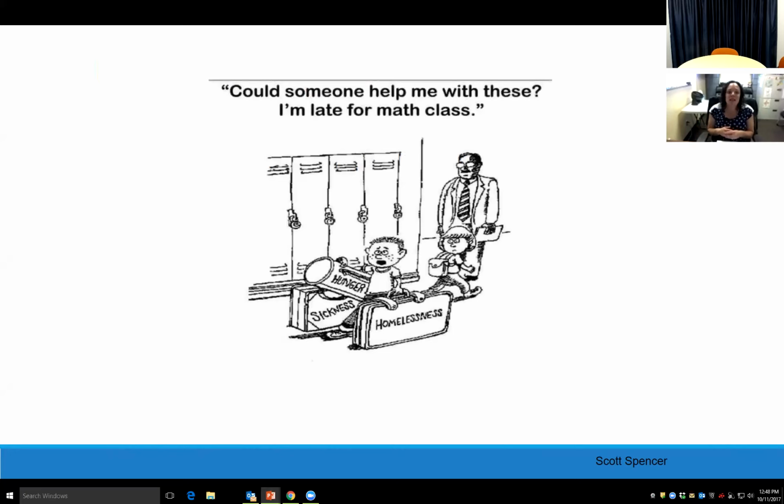And I like this comic. It's sad, but I think it speaks really to the seriousness of this and why school is important to consider. This child says, "Can someone help me with these? I'm late for math class." And you can see he's carrying these suitcases of sickness, hunger, and homelessness. And it just highlights how